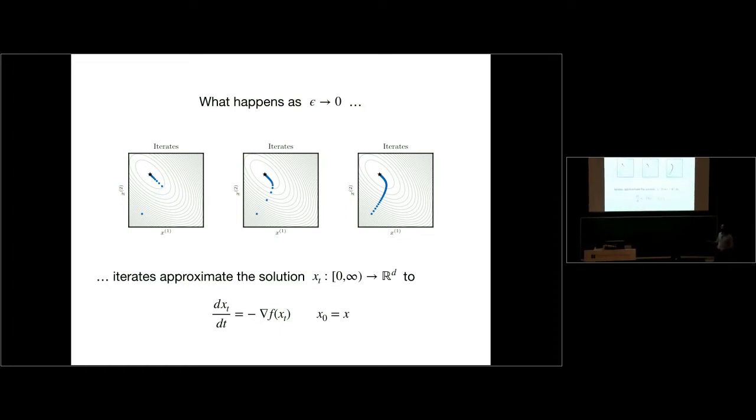And this curve satisfies this differential equation. The way to read that is to say that the derivative of the curve in time at a specific point is given by minus the gradient of f at that point itself. So if someone were to say, aha, I have a solution to this differential equation, it would have to be the case that this is satisfied for every time t, and that it starts at some point x naught.